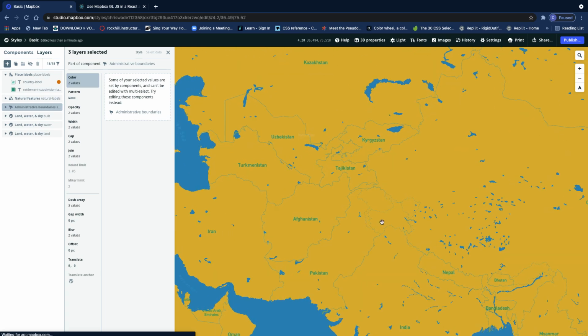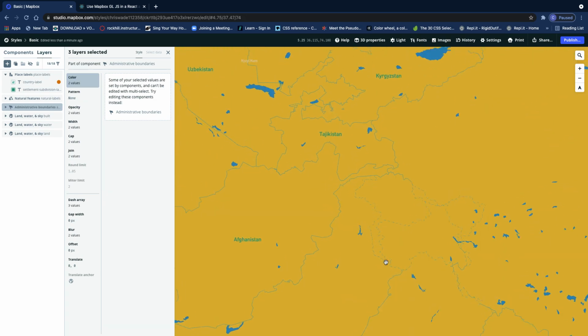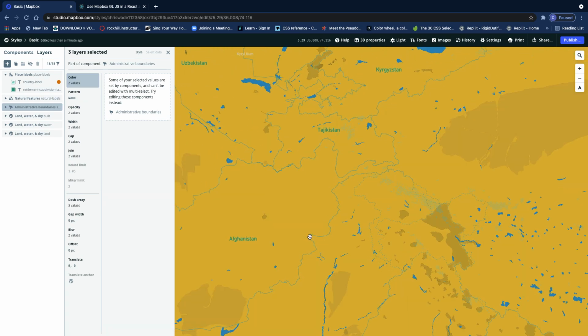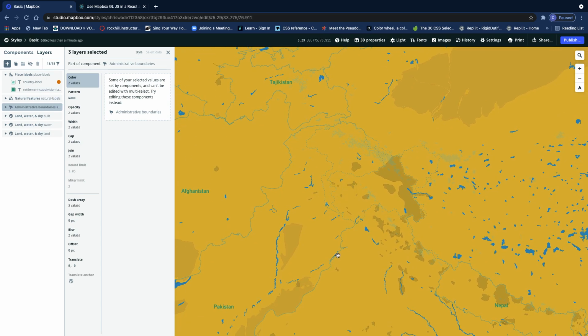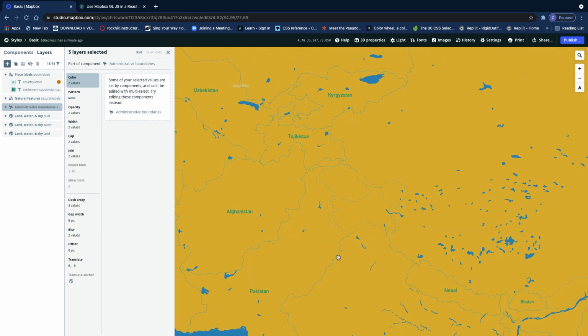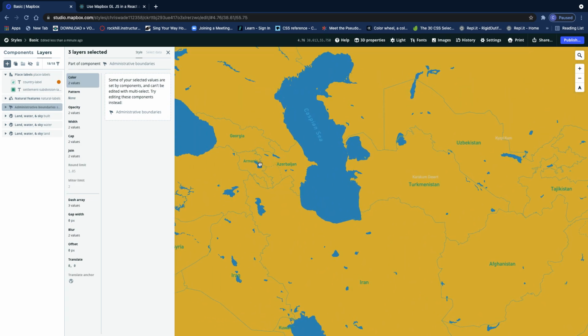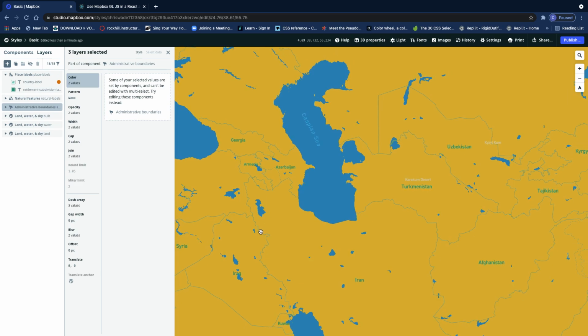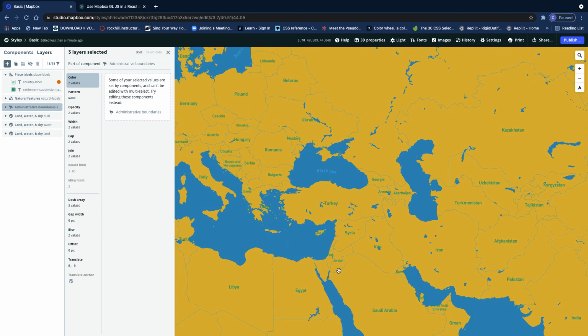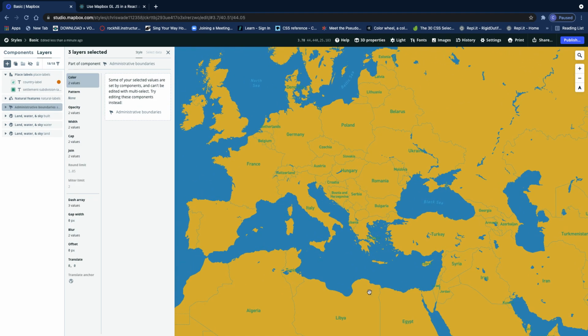And when you get over here, you'll see that these borders are considered uncontested borders. And then when you get over here to Kashmir, these dashed lines are the contested borders within Kashmir. Okay, you'll see that all over the map. Anywhere there's a contested border, you'll get a dashed line,